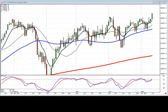The Dow had been trading in a sideways wedge formation at a resistance level for the past 3 months. In the last couple of months, it's been caught in this slow trend channel, but also keeps hitting this resistance level. But today's trading indicated that this resistance level was not acting as a resistance anymore, and this is based upon